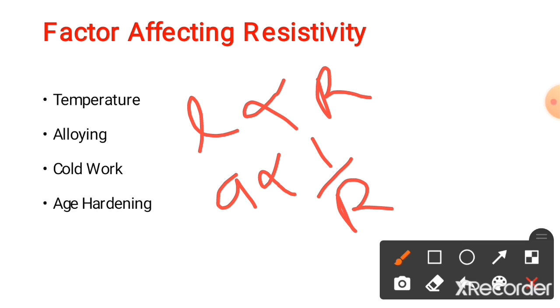Third factor is type and nature of a material. If the material is a conductor, its resistance is less. If the material is an insulator, its resistance is high. Next parameter is temperature. As temperature changes, the resistance of material changes. From these four parameters, we can write one equation, that is R